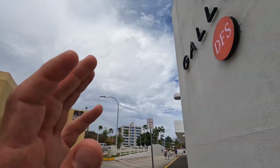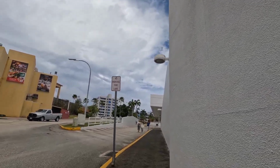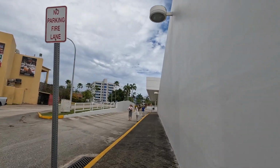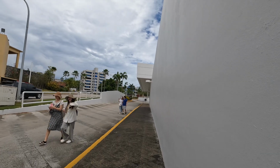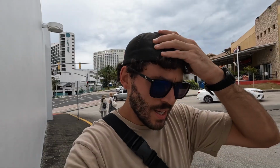Alright guys, I made it away from the beach and I'm headed back up here. I'm at the DFS, this is where I parked, and I'm gonna escape the area and hopefully dodge some of this rain that might be coming. Who knows, maybe it won't come. Yeah, as I was saying,